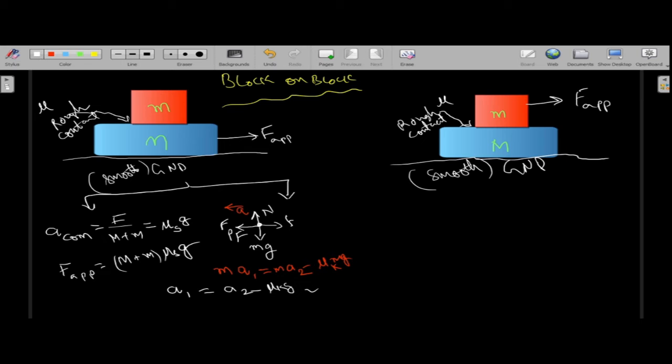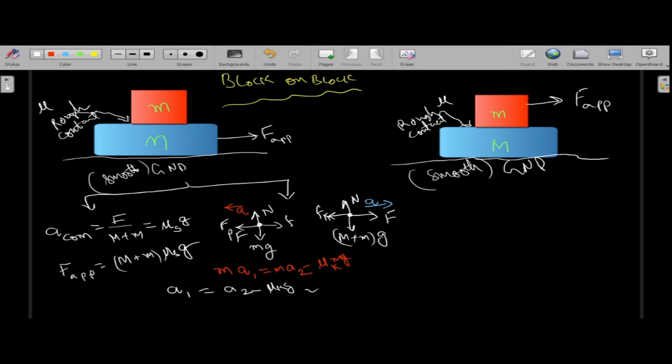And if you try to prepare the free body diagram for the capital M, then what do we write down here? This is the entire mass, where (M plus m) into g acts in the downward direction. This is the normal reaction, and you are applying force in this direction, therefore capital F, and the frictional force Fk acts in the backward direction. But the acceleration is in what direction? The applied force direction, therefore F is in this direction for the bottom block.